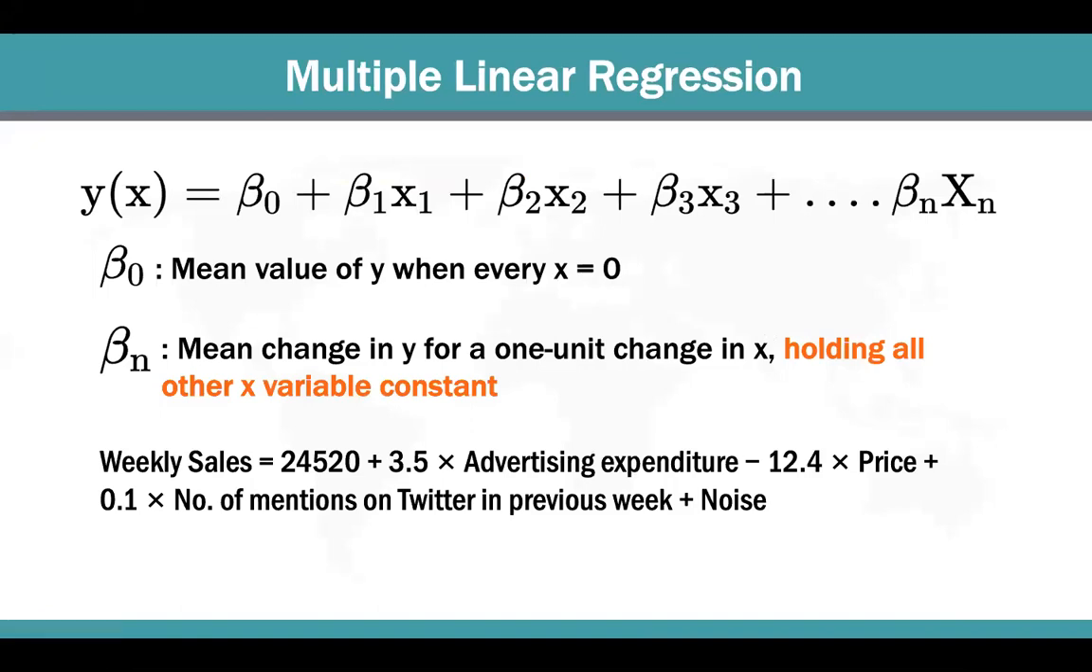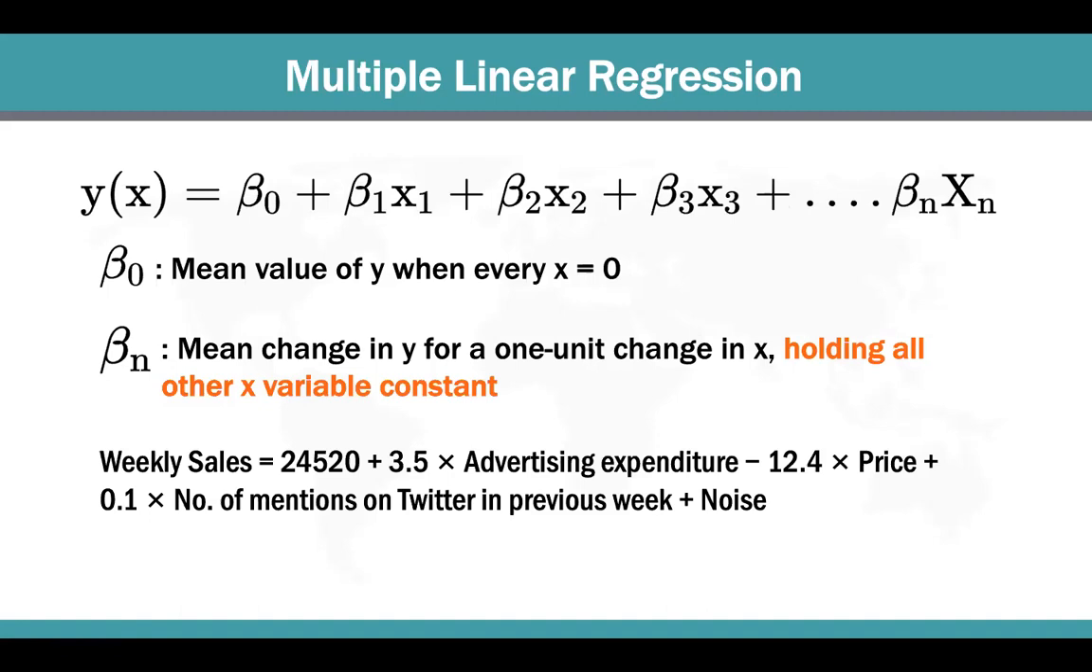Multiple linear regression is just a more complex version of simple linear regression. It is used to relate two or more explanatory variables to a single quantitative outcome variable. The regression equation is shown at the top of the slide here. The interpretation of the intercept and the slope is similar to simple linear regression, except that the intercept now refers to the mean value of y when all x variables equal 0,